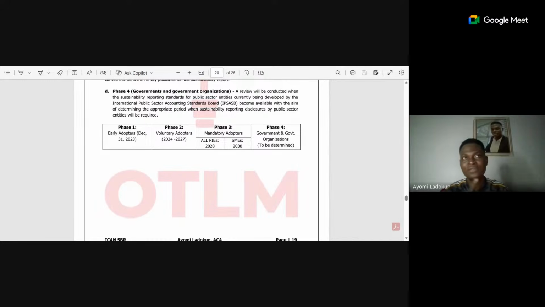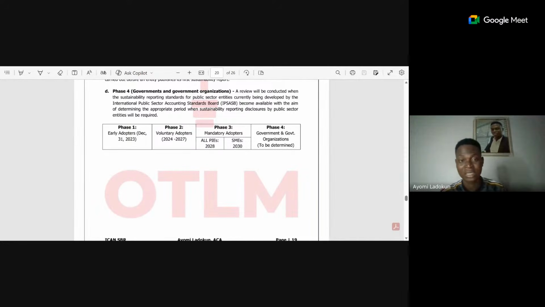I think if your revenue is more than 30 billion, and if you are regulated by NAFDAC, by, it listed all those regulators. Once any of those regulators is regulating you, then you are under PIEs. So please go to the FRC website, download the acts, okay, for you to know,